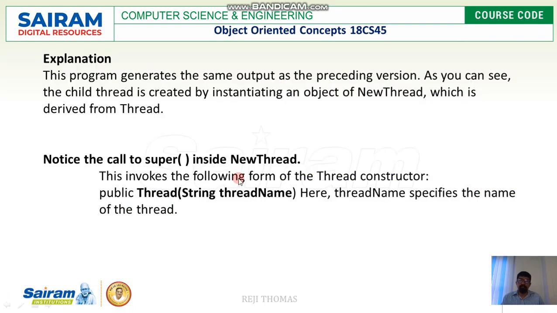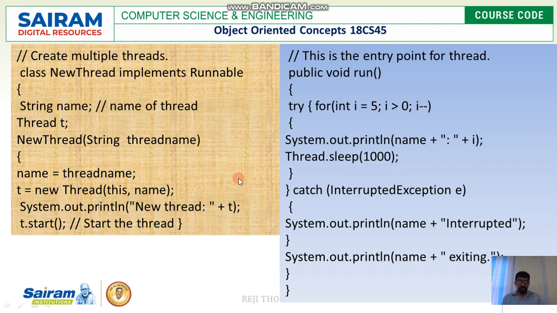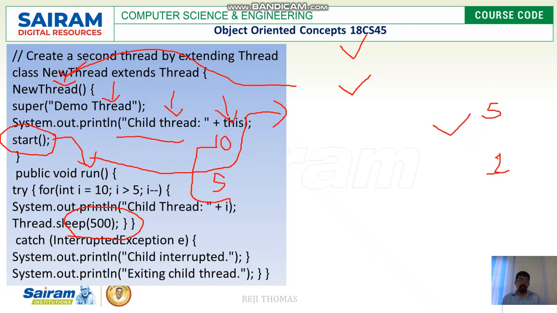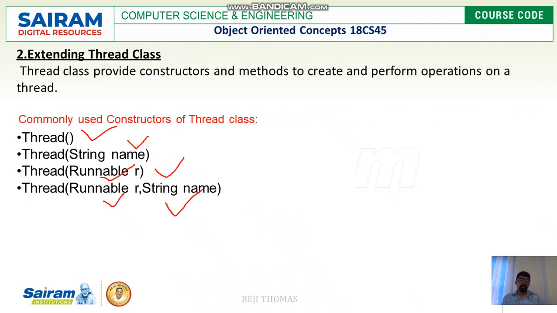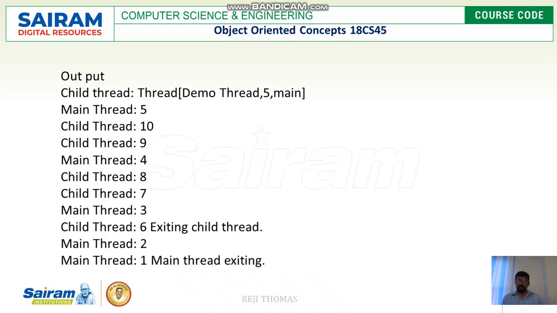So let us see the output for this. This is going to give the same output as the previous one. So this is the output we can expect. So we have named it as demo thread, the main thread 5, then child thread, main, child thread, child thread. So we cannot guarantee what sequence this is going to get printed. So this varies